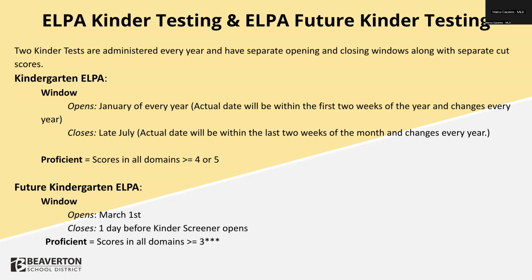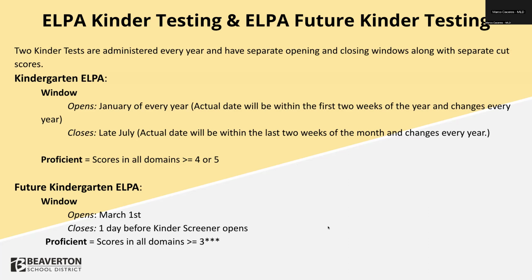But we did hear a lot of questions come up about future kinder screening, and so we wanted to go over that. Some of you might already know that the kindergarten screening is opening up starting in March. There are actually 2 different screeners for kindergarten: a future kinder screener and a normal kindergarten screener. There's been a lot of confusion, since proficiencies change depending on which screener is being applied, and different screeners are applied depending on where the student is at.